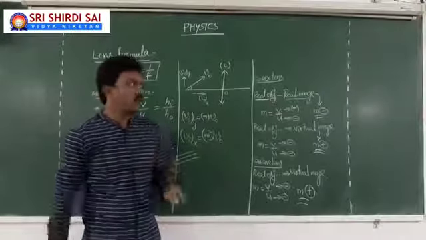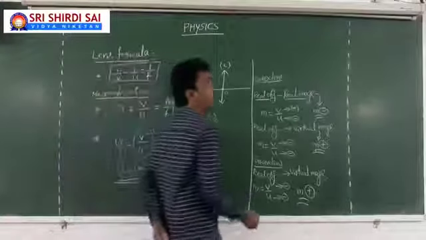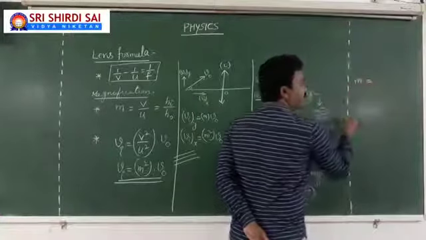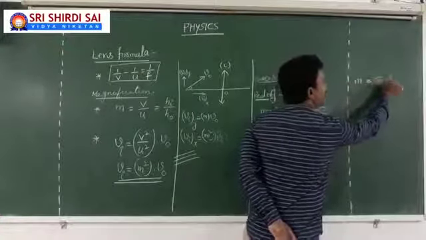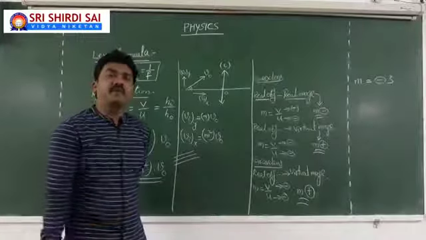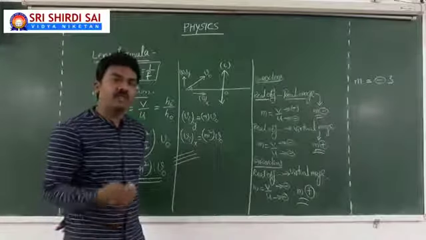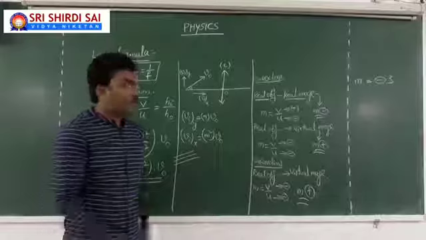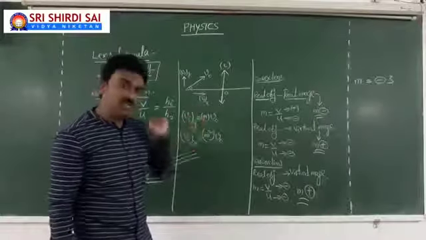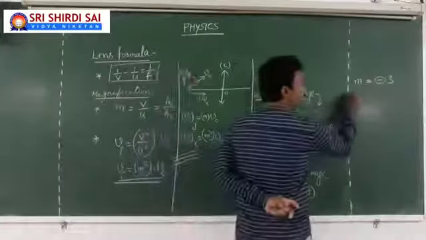Let me tell you one small example connecting with this. Here, if the magnification is given as -3, in one of the situations, I have come across the value of magnification M equal to -3. So from that, what can I understand? As magnification is negative, my image is real.